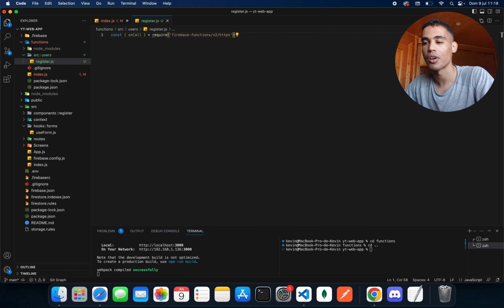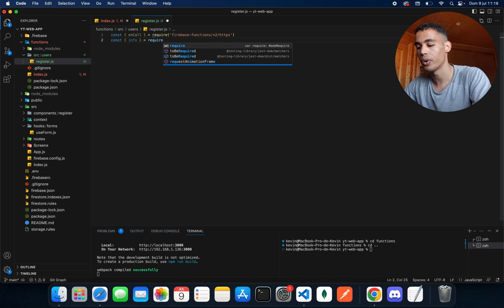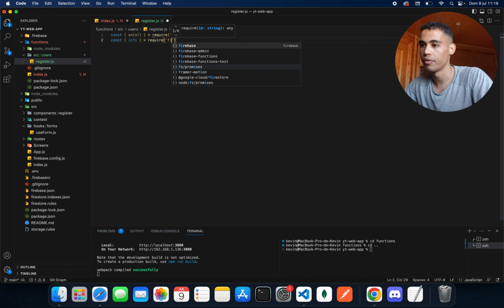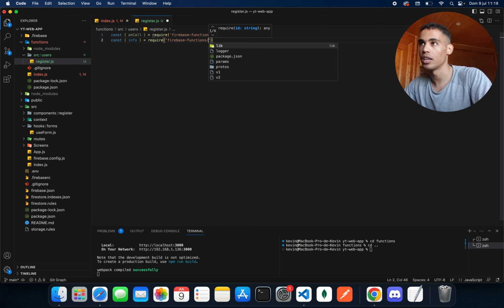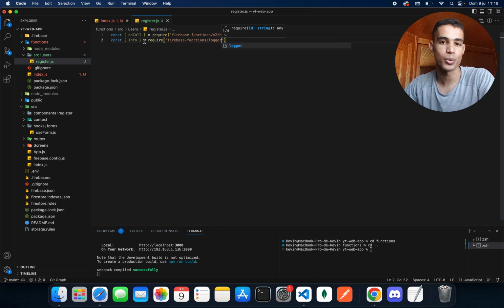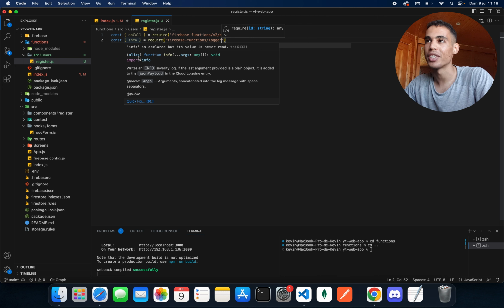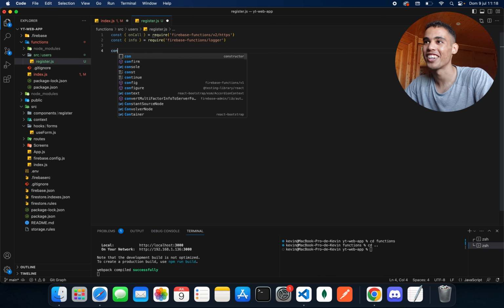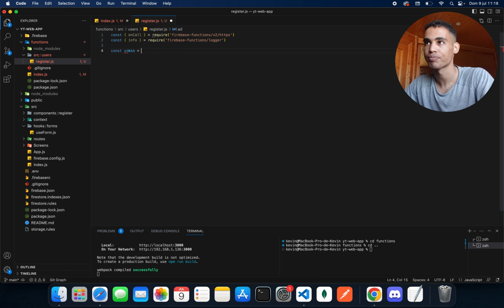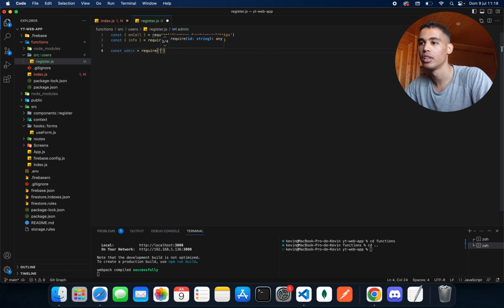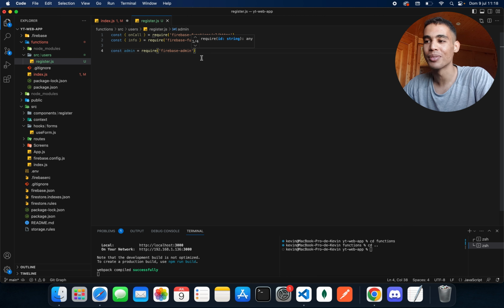So we are going to start writing the function. Also, we are going to import another thing, which is info. This is basically a function that will allow us to log information. We are going to put here require firebase-functions/logger. That's right. We have here info. Perfect. Also, finally, we are going to import admin again, so we are going to put here require firebase-admin. Okay, now it is time to start